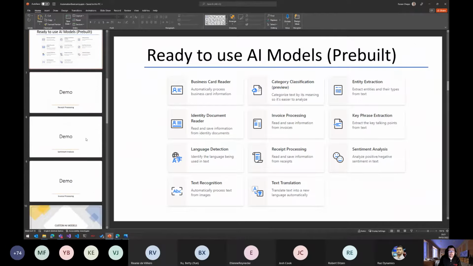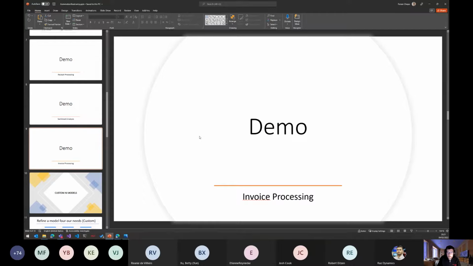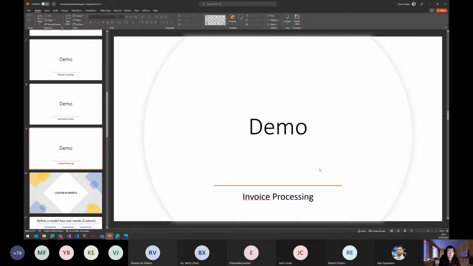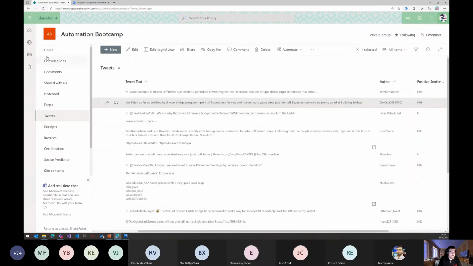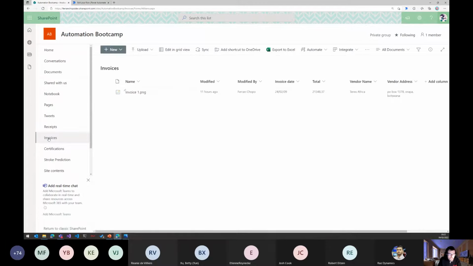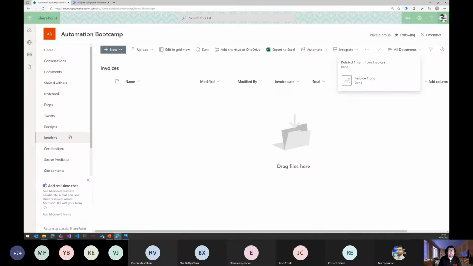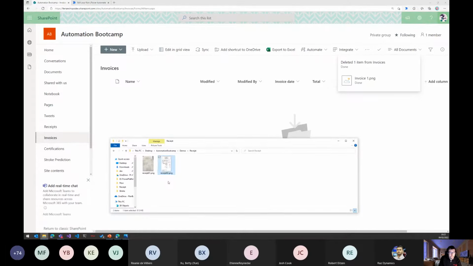Well, last but not least, the demo I wanted to show is this invoice processing. There's a pre-built AI model that's going to analyze invoices. The same as before. What I'm going to do in that case is create... Sorry, I'm going to remove that. This was a test I did before. So I have a SharePoint list called invoices, and the idea is the same as with the receipt. I'm going to upload invoices, and let's see if AI Builder is able to extract data from those invoices. In that case, I have